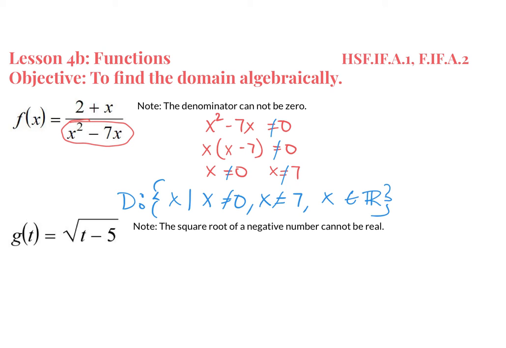My next example, I have the square root of t minus 5. Every time I take the square root of a negative number, it cannot be real. And we are assuming that we are dealing with real numbers, so we do not want imaginary numbers. So I need to make sure that whatever's inside my radical will not give me a negative. So I'm going to solve this inequality where all of that must be greater than or equal to 0. And solving my inequalities,